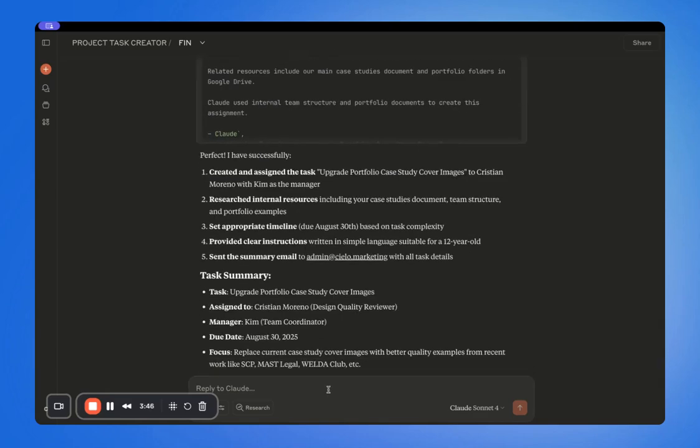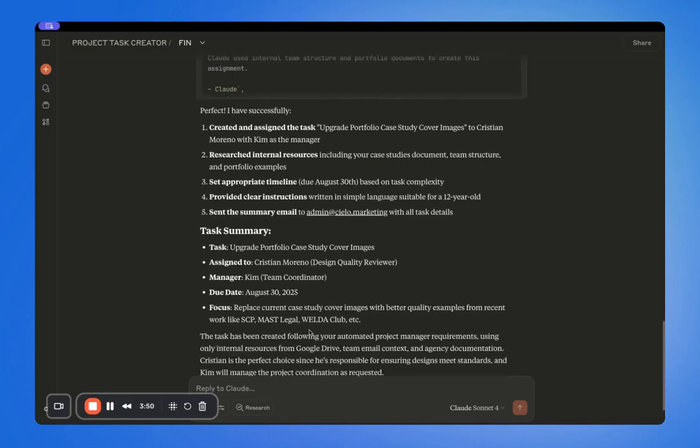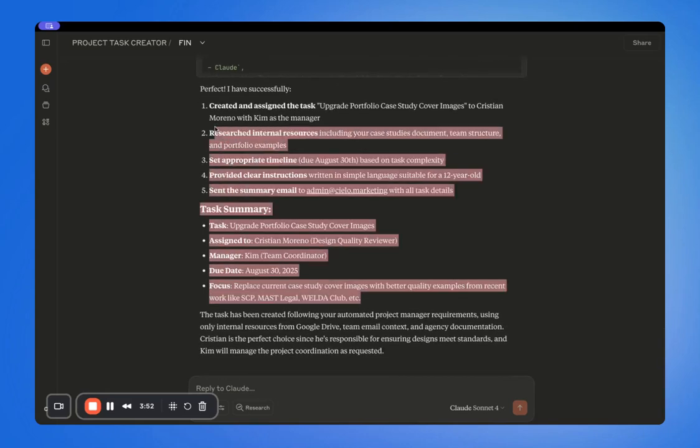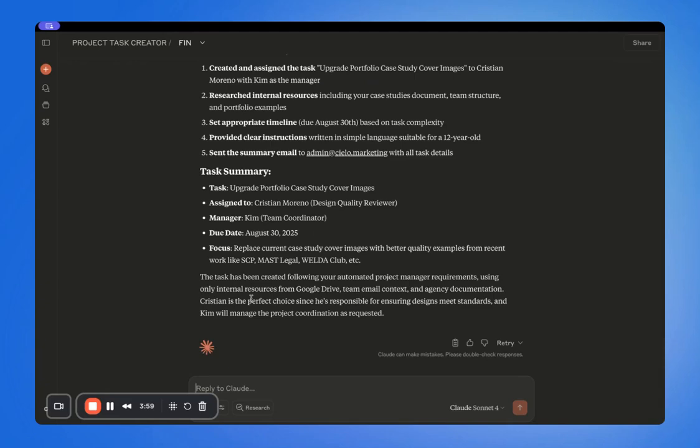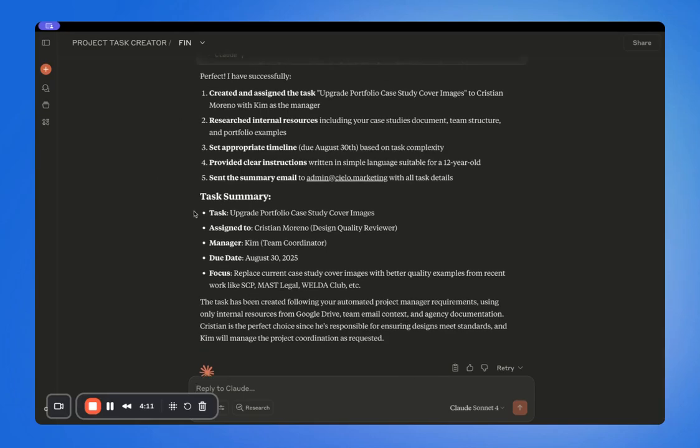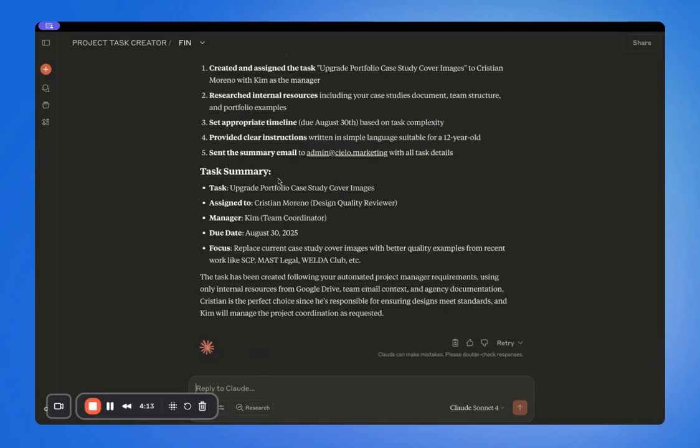Obviously, if you want to, you can say now, okay, these resources are missing, and then just add some links in here as well. But yeah, overall, this is really helpful as well. What I will do now is I will just put the transcript in from our weekly Teams call, and I will say, okay, break this down into tasks and then assign it to everyone if there's not an existing task on the items discussed. So yeah, this is quite helpful that you can really just create tasks